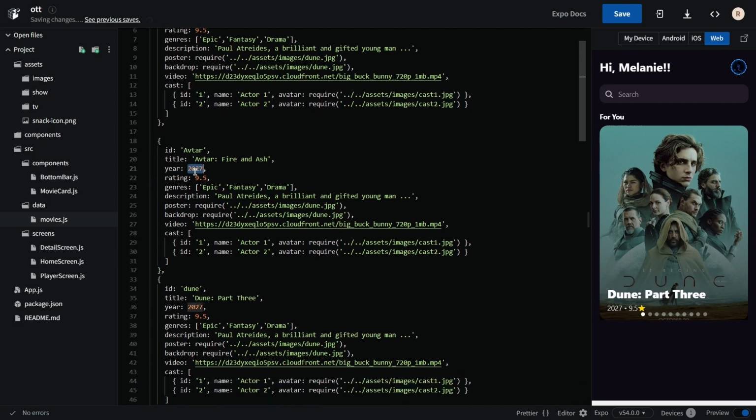Text style equals styles.sectionTitle, close text, with content for you. Then open View style equals height 420. Then open Swiper with props autoplay, timeout equals 3.5, showsPagination equals true, dotColor equals rgba(255,255,255,0.4), activeDotColor equals #FFF. This block renders the For You label and reserves a fixed visual area for the hero